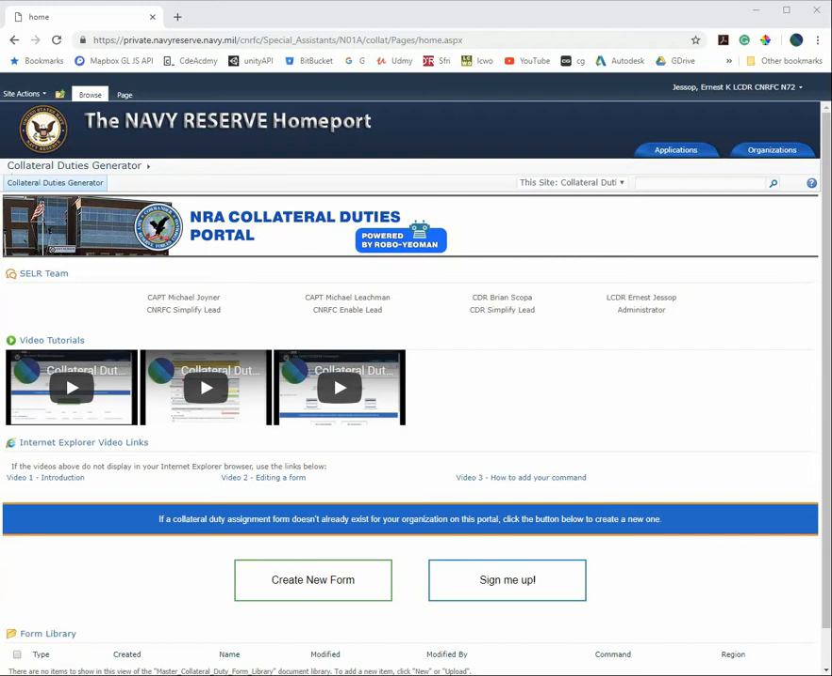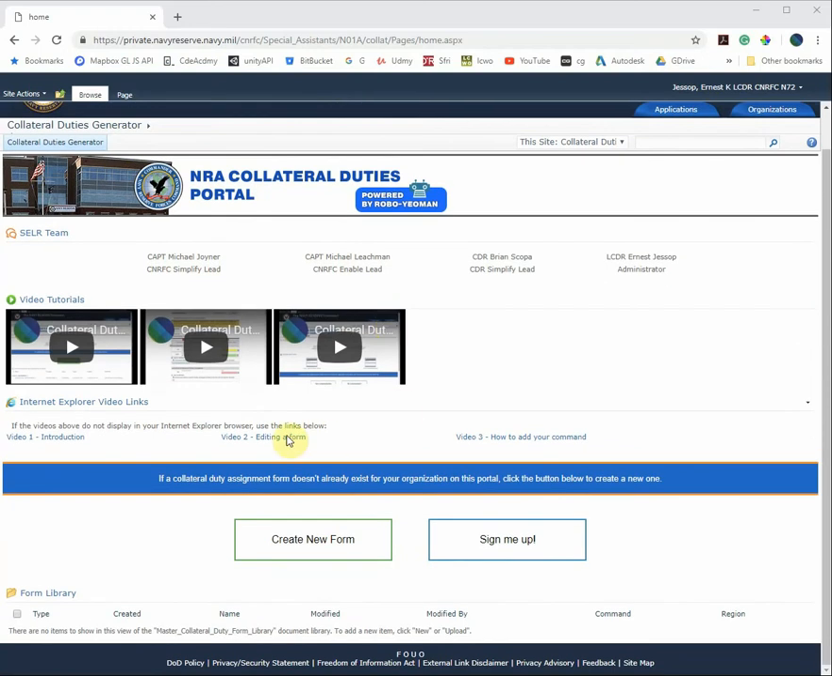Duties portal. When you first access the portal, you'll be presented with several sections on the SharePoint page. Located at the very bottom is the form library. Right now it's currently empty until we actually roll this system out. However, I will run through creating a simple form and troubleshooting issues as well. So first, I will click on the Create New Form,